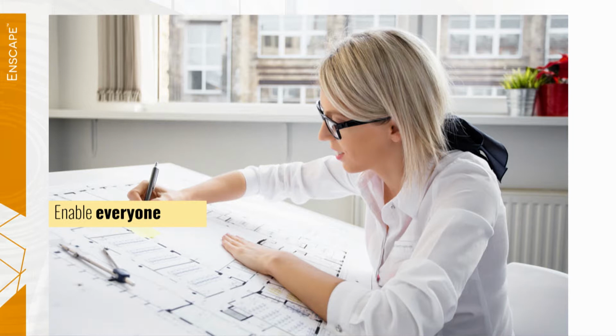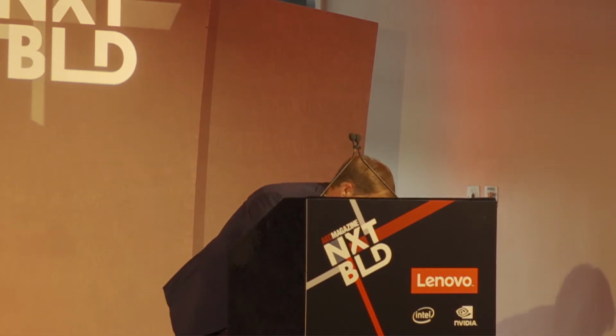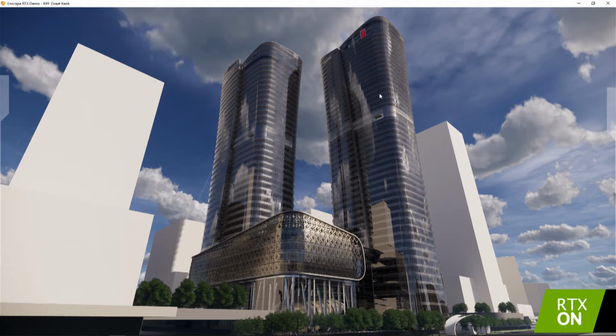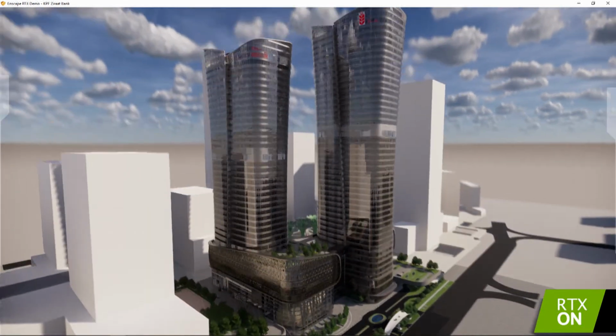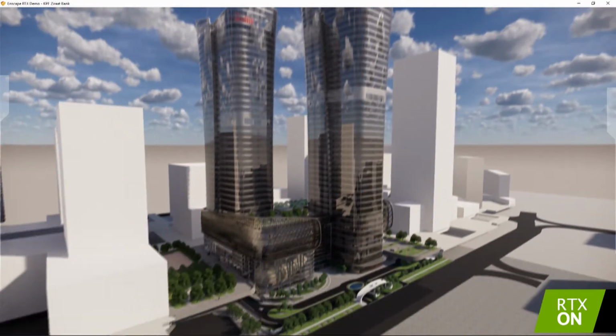And so we have an advantage, and we do scale up. And I'll show you the project that I promised you with RTX right now. So this is the KPF project that we showed. And you can see it's a fairly large project, and it runs smoothly on an RTX.